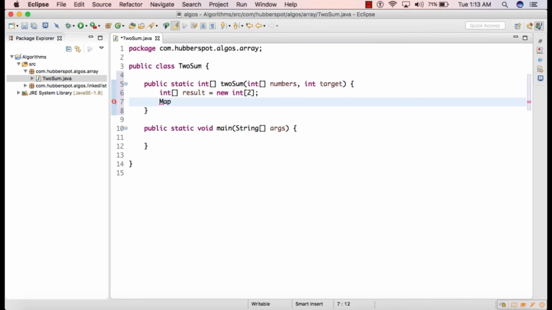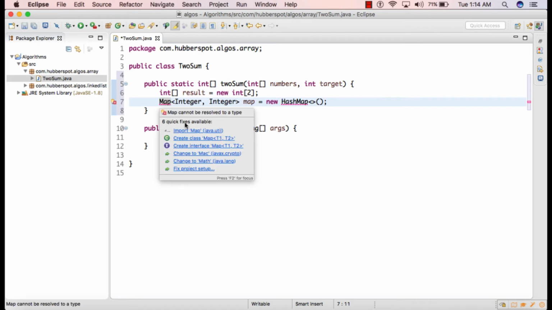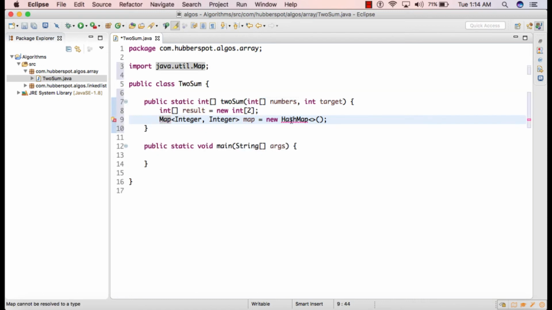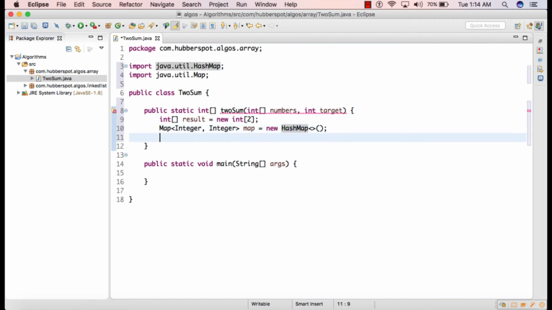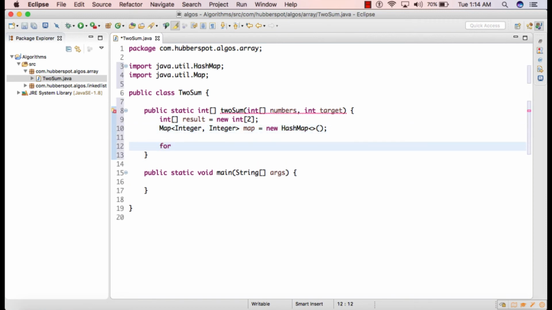So map, we can simply give the name as map, new HashMap. We'll just import it. Now we'll create the for loop.